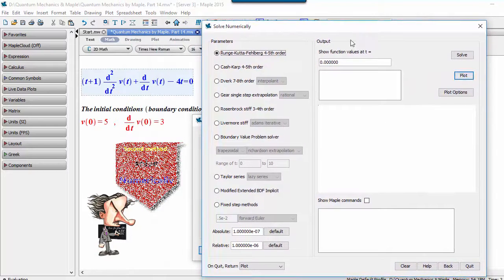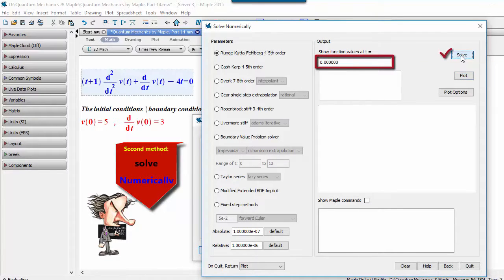Maple solves the ordinary differential equations with boundary conditions numerically and finds the function value at each point. As we know, according to the boundary conditions for this example, at t equals 0, the function value v and its derivative v prime, respectively, are 5 and 3. Now, let's find the function values at the following points. If t equals 0.5, then the function value v and its derivative v prime are